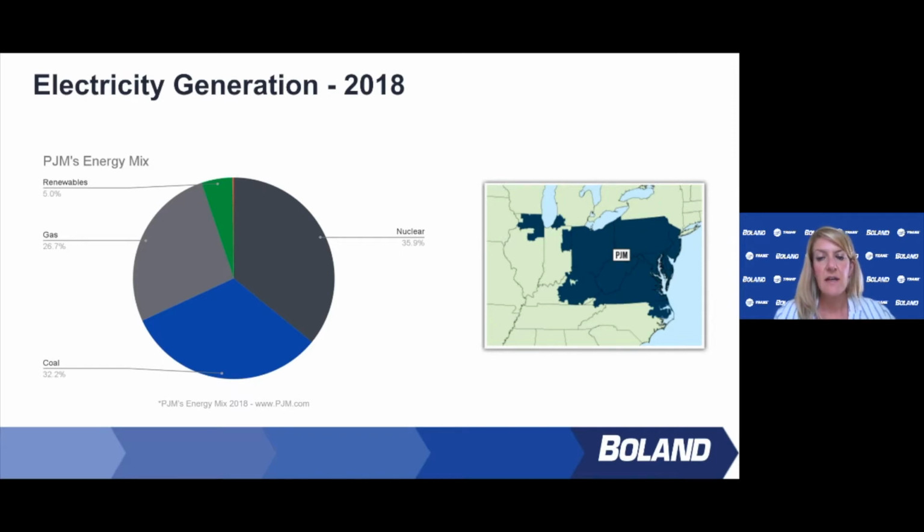And that geographic area spans about 13 states, I believe. All are part of 13 states and District of Columbia. So PJM is our RTO, or Regional Transmission Organization. So again, they're basically the wholesaler. They buy the electricity from the generators and then they resell it, and then they sell it to resellers. So in our area, that looks like Pepco or Dominion or whoever you're actually getting your power bill